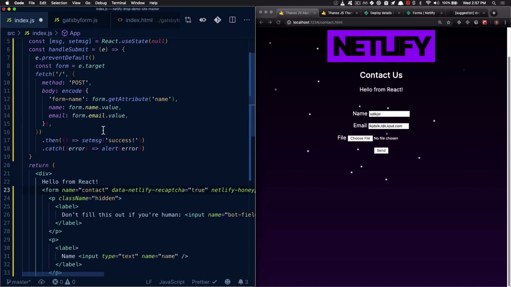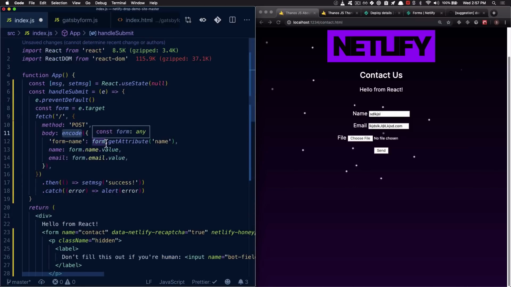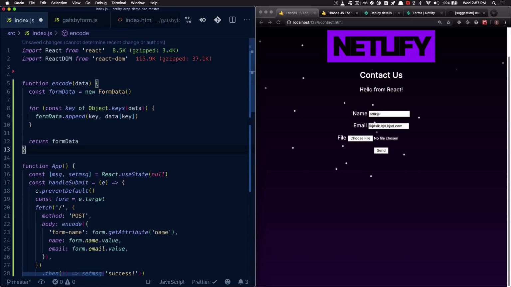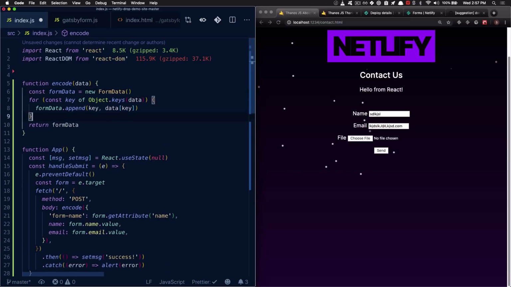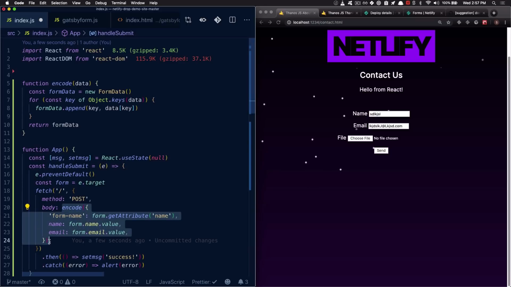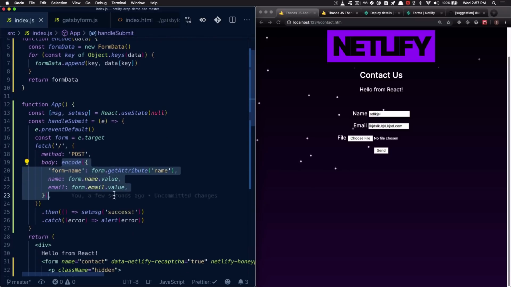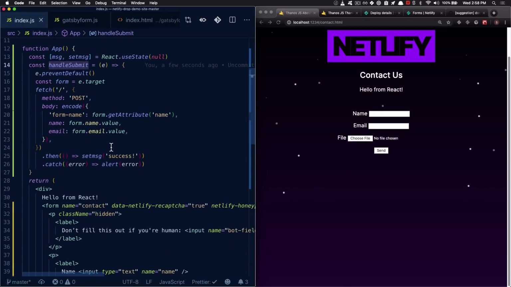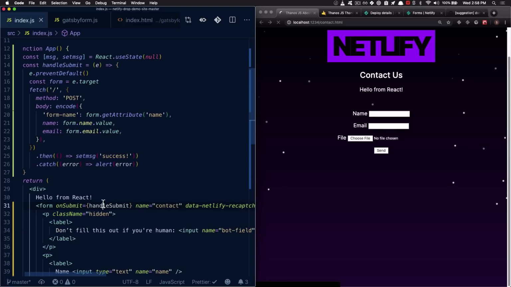Before we forget, I should also mention that this encode command is a nice little wrapper around the form data API inside of the browser. And you can also use this on the server if you want. Just look for the relevant npm package. And that just encodes things properly so that Netlify knows it's a form. And then don't forget to wire up the submit handler. So that's all you need